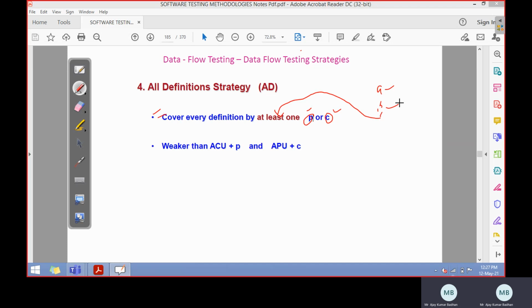But here, that's why it is called weaker. If you take a variable and test it, like initially I have declared a equal to 10, and you have tested it either with respect to P or C. Okay, fine. But later on, if I convert a equal to a plus b, let us suppose the value of b is 2, now the variable value has been changed, but I am not testing this. I hope you are getting it. This is a redefined variable now.